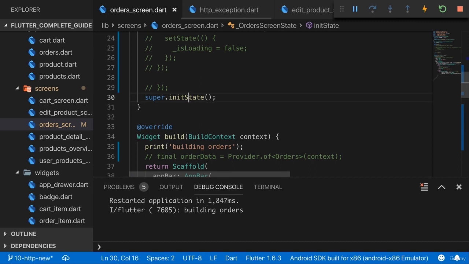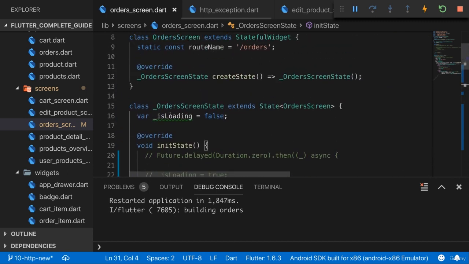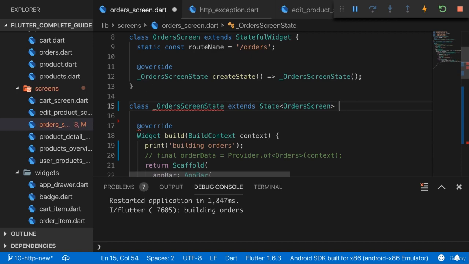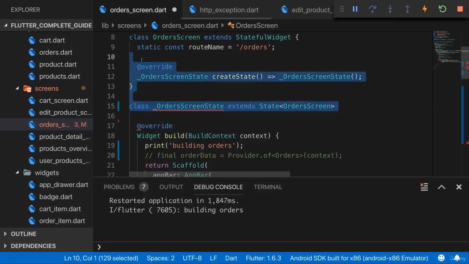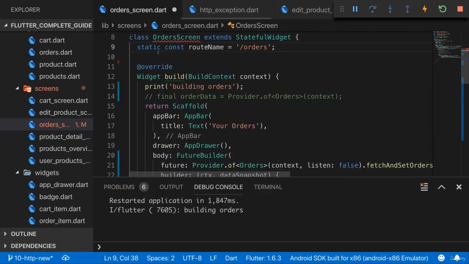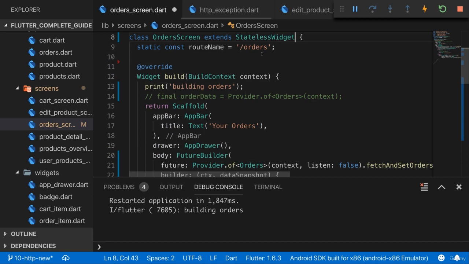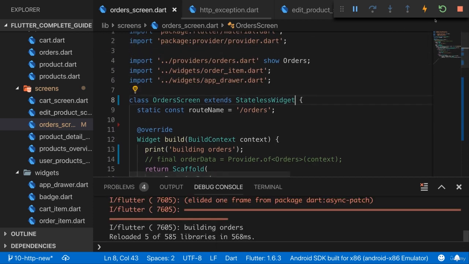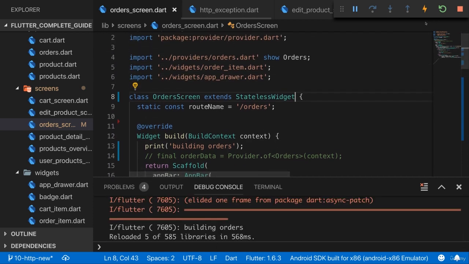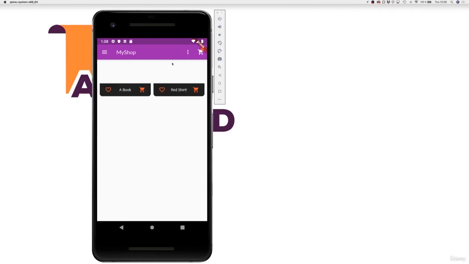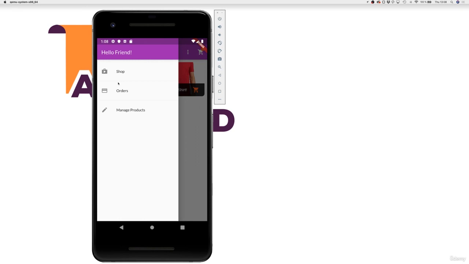So now what we can do here, of course, is we can get rid of initState and of this isLoading property, get rid of our state class, and convert this here back to a stateless widget as it was before. And now this is a very lean widget, of course. And we can do a hot refresh to have the same application as before, but now with a more elegant